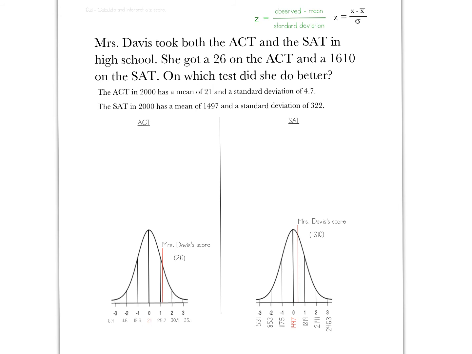All right, now that I have all the information I need, let's calculate the z-score. So the ACT, I'm going to say z equals my observed minus my mean divided by my standard deviation. So my score on the ACT was a 26 minus the mean, and the mean was a 21. So I did better, so I'll be above the mean, so my z-score should be positive, divided by the standard deviation of 4.7. So 26 minus 21 is going to be 5, and then 5 divided by 4.7 gives me a z-score